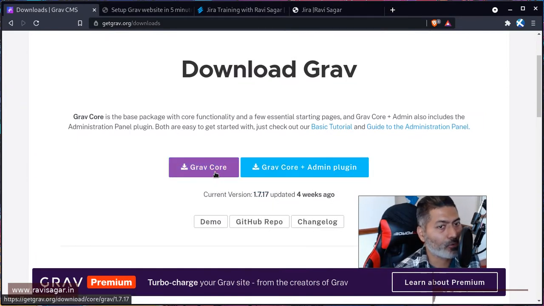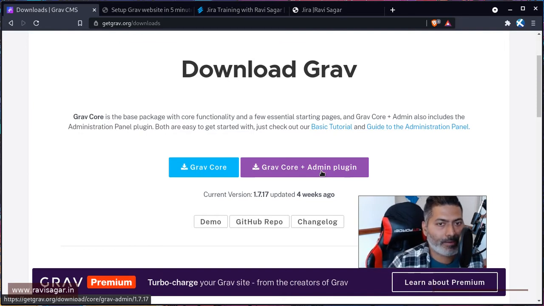You have two options. Either you can use Grav Core, or you can use Grav Core plus admin plugin, which is something that I use and I recommend because it comes with this admin plugin where you have this GUI based interface to manage the content. It is like a proper CMS, and it is very easy to use. So if you download this particular package, and if you have, let us say, your own local